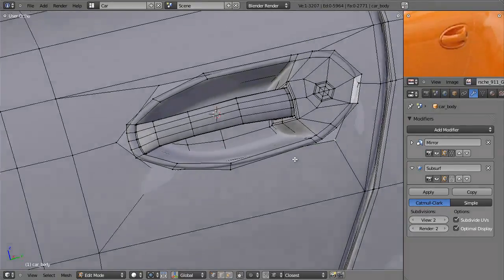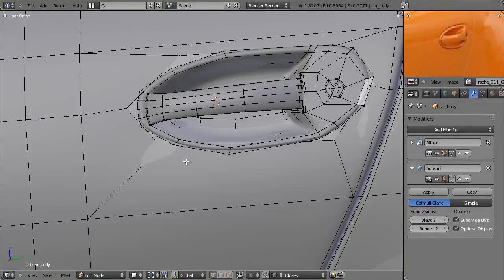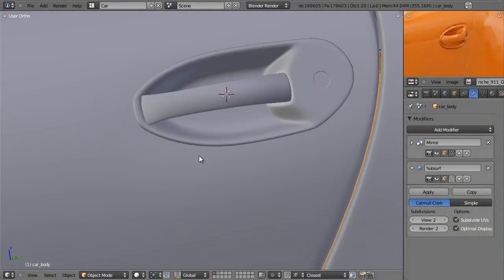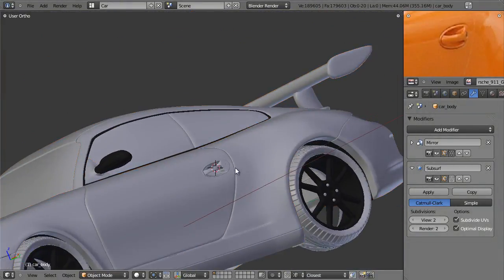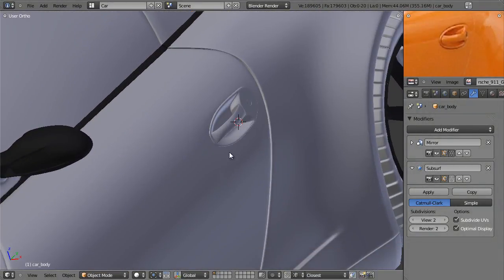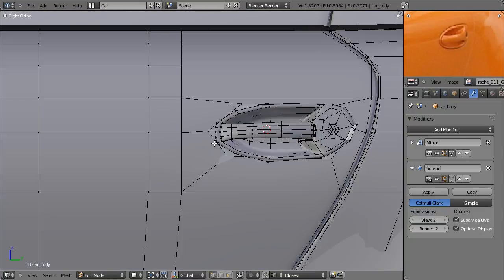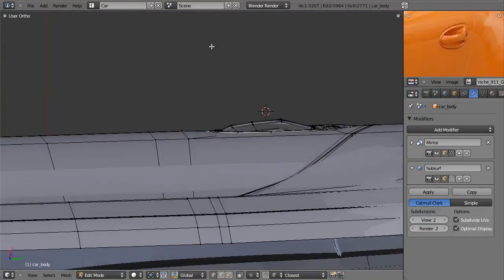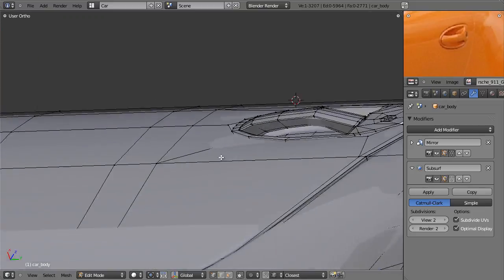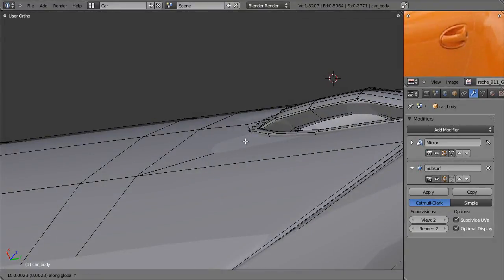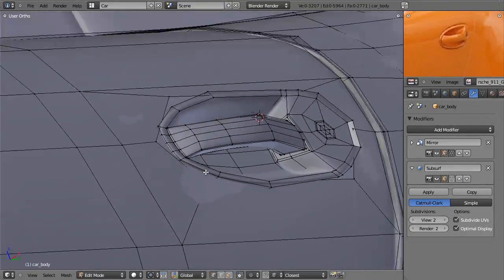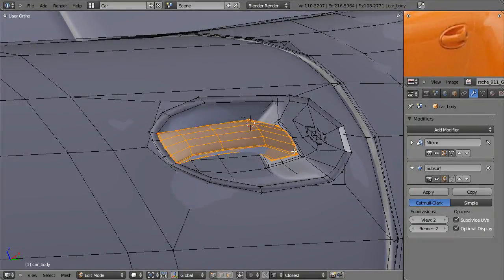And what we need to be careful for and watch out for is intersections in the mesh, but then also distortions in the shape of the door. We want to keep that flow very nice. And so, we may need to manipulate the handle just a little bit. And in fact, we want to manipulate the handle just a little bit